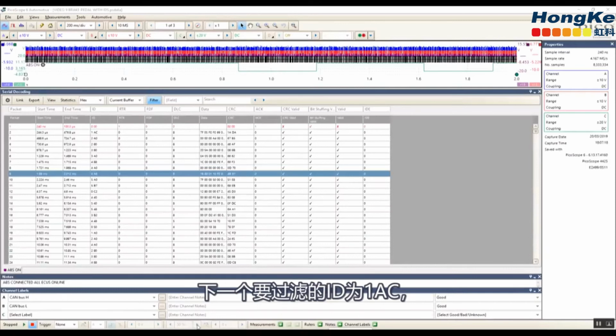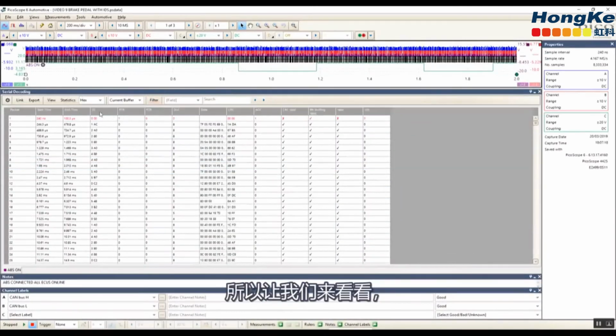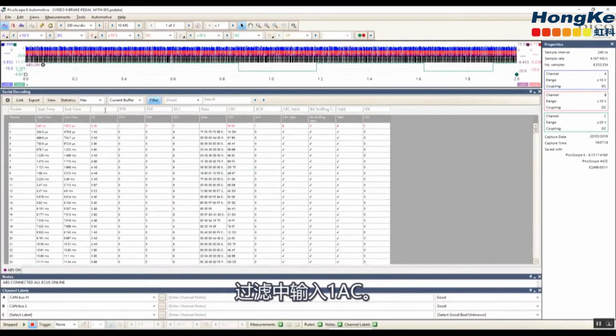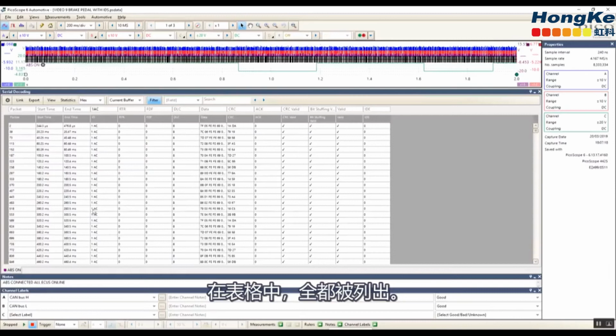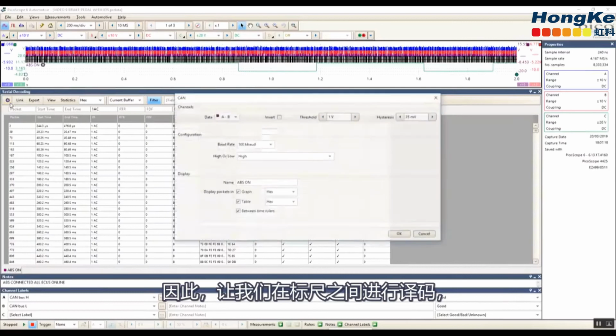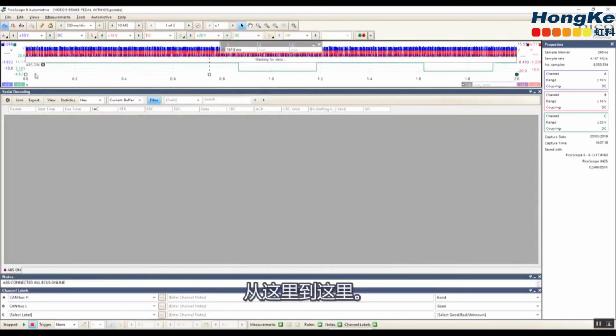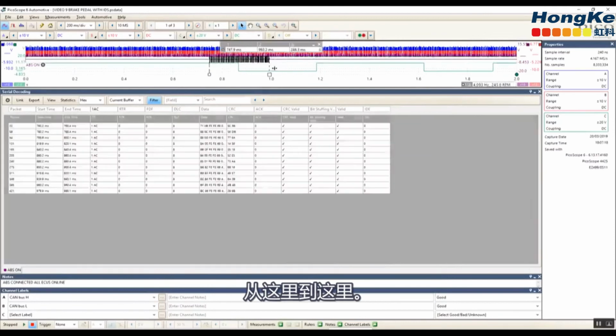So our next ID to filter on would be 1AC. So let's take a look at that. Filter 1AC. There we are, they're all listed there. But we're only interested in what happened here when the brake pedal went on. So let's just decode between the rulers. Let's go from here and here. Okay, so